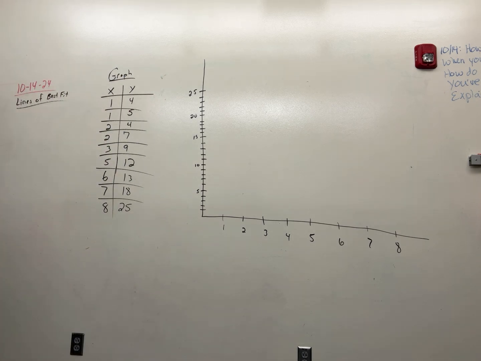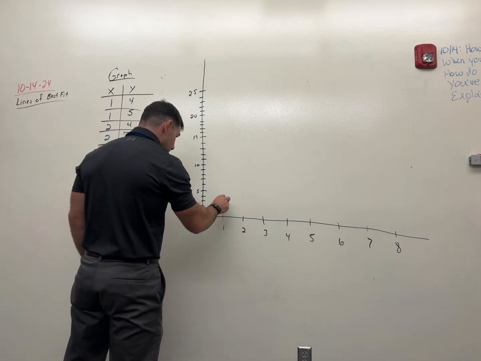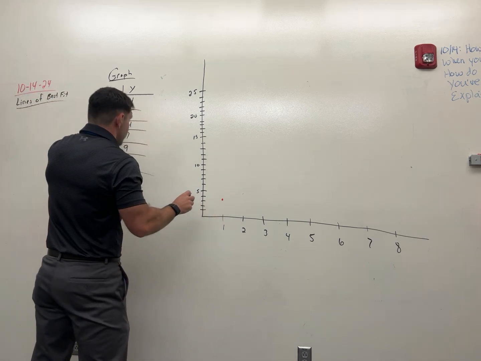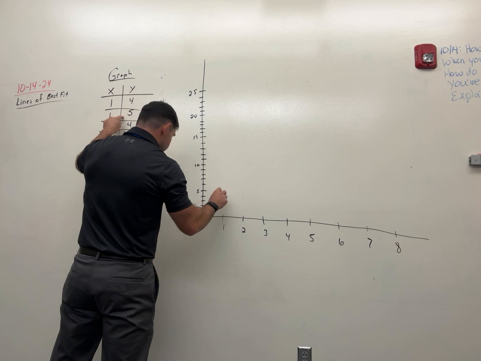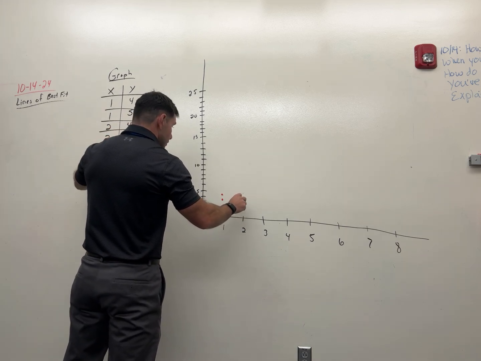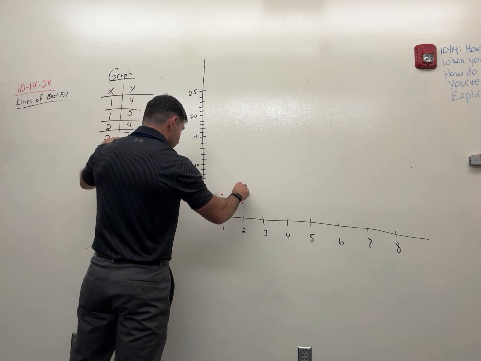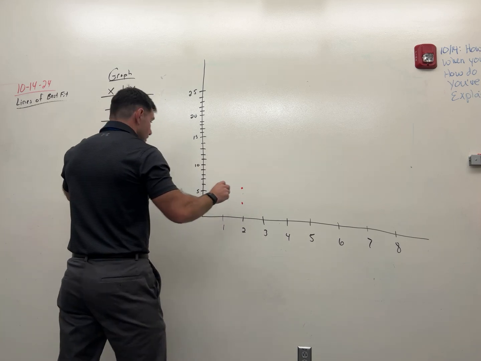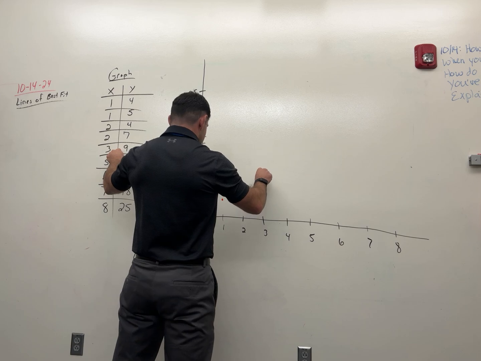Something I like to use is age versus shoe size. If I've got a large group of people, you can see a linear progression for shoe size, but we'll go there in a second. Here we go. So, first things first, I'm going to graph 1, 4, then I'm going to graph 1, 5. Then I graph 2, 4, 2, 5, 6, 7, 3 up 9,